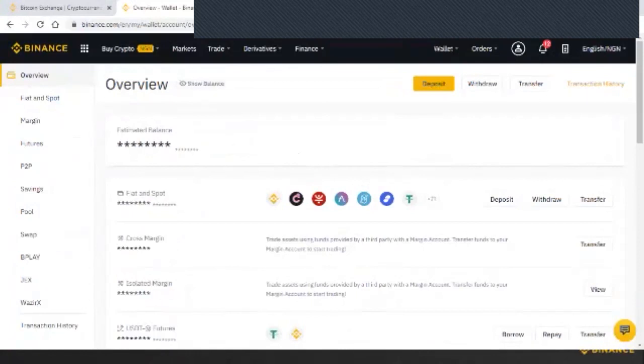All right, so this is your account. Your account will show up here. If you just want the overview of all the accounts, okay. Then if you trade on futures, you can go to futures and you see your account balance on futures. On margin, you see your account. On P2P, if I click on it, I will see my account on P2P, savings, fiat and spot. You will see your account there too. But just click on overview to show you all the accounts.